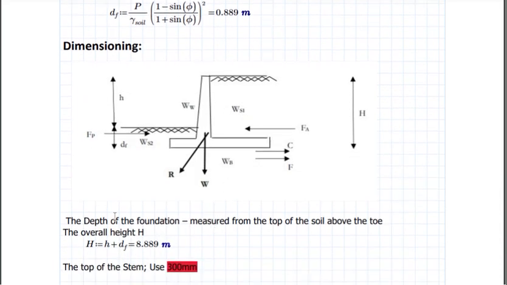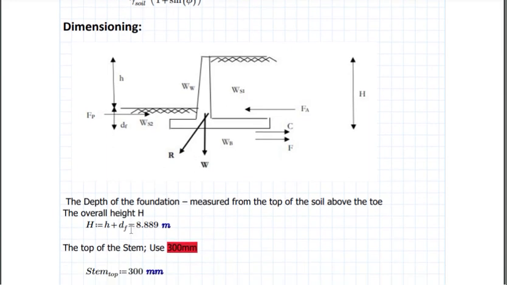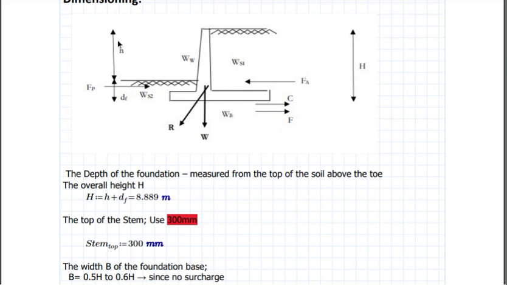Getting df to be 0.9 meters, we can add h, which, as I said, is from the usable ground level to the peak of the retaining wall. To get the total height of the retaining wall, we say small h plus df would give us